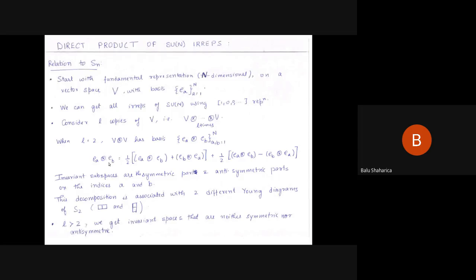If we have the direct product of V, L times, we'll have A, B, C, D till L, and for each of those we'll get a particular decomposition. So, for example, we'll take L equal to 3, and we'll take the first irrep of S3,